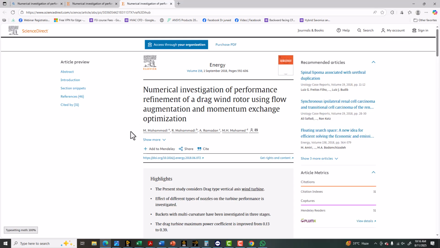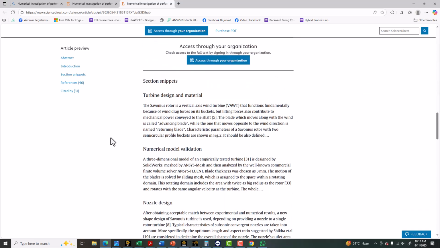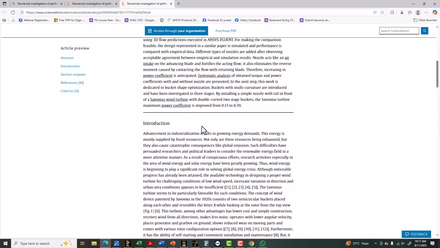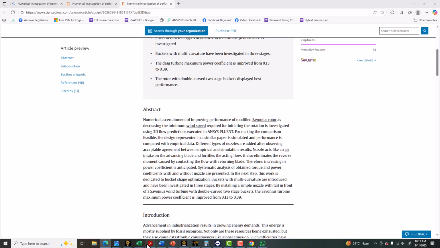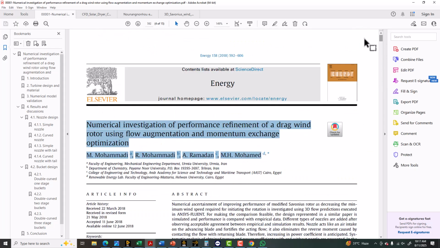the main reference is given here from the Energy journal. And this is the introduction and abstract, so the paper is downloaded here and this is given here. Okay,